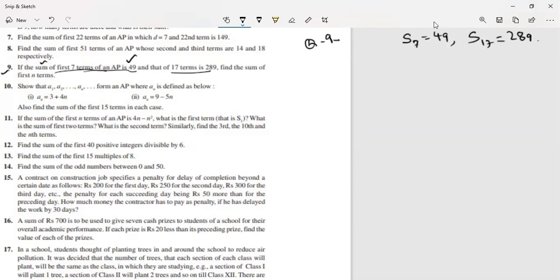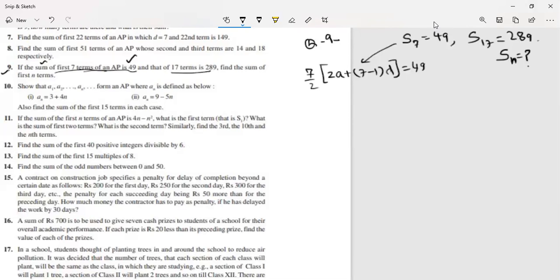Find the sum of n terms, Sn. We have to find the sum of n terms, that means n will come in the answer. This n is not given, this is a different n. So S7 means we can write n by 2, 2a plus n minus 1 into d. Here, because it is the sum of 7 terms, 7 by 2, 2a plus 7 minus 1 into d is equal to